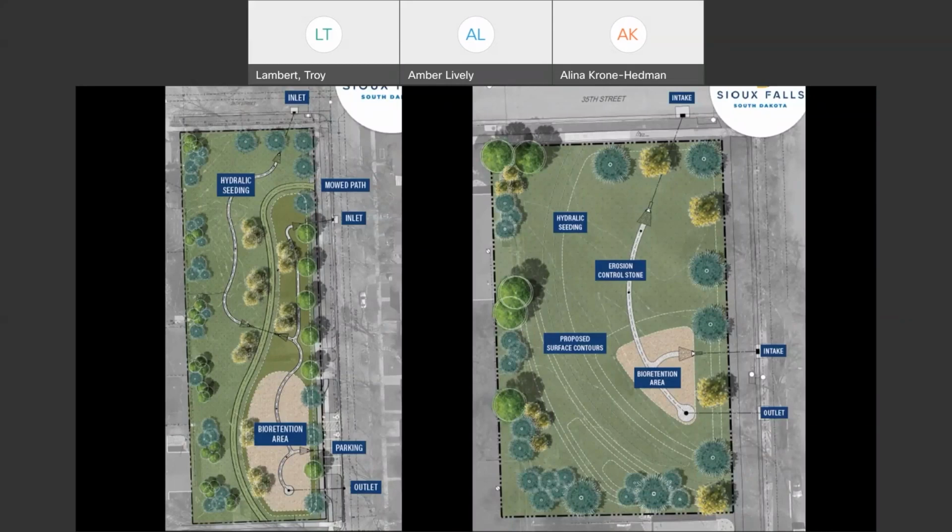Some people have had some trouble with pervious pavement in the past, and that kind of lingers, but it is an area that we've identified where we would like to try, especially in parking areas and not roadways. Not yet. I think they have something at the Arboretum, though. I'm not sure. A parking area.